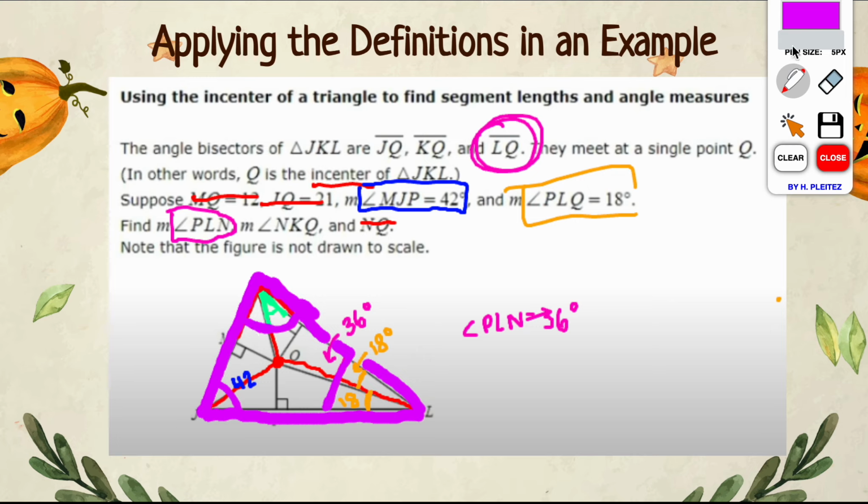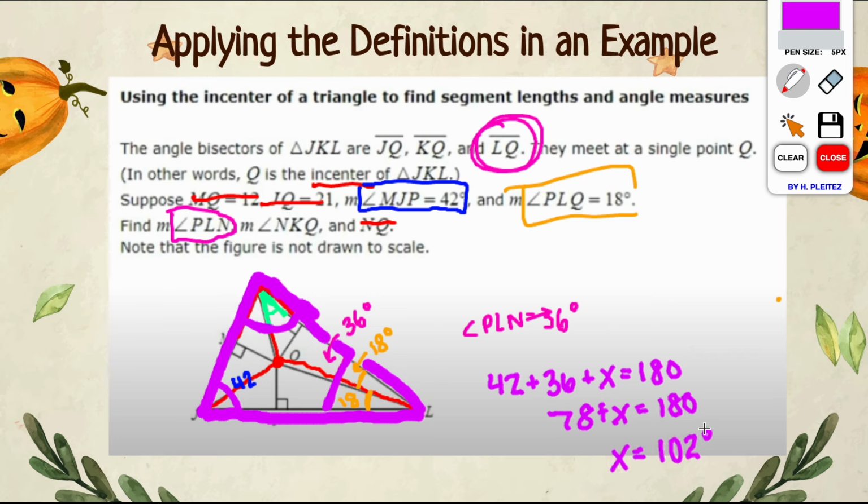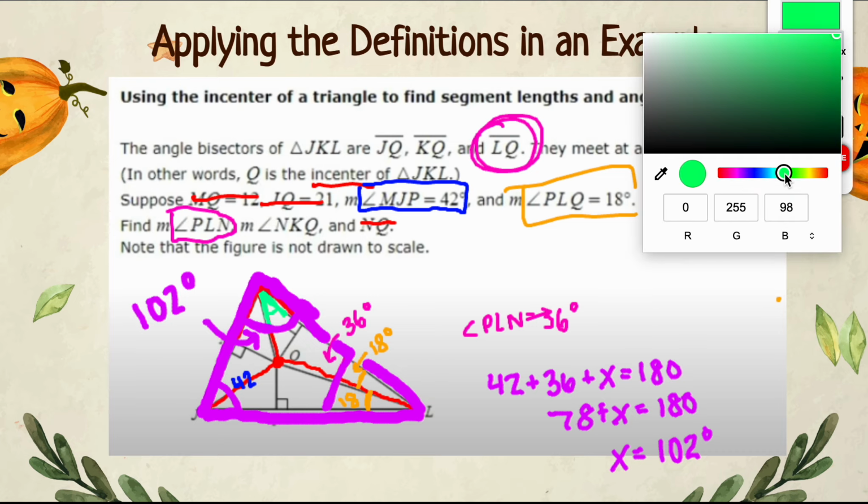So let's do that. We can set up an equation: 42 plus 36 plus x equals 180. If we combine our like terms, we get 78 plus x equals 180. And if we subtract, we get that x is equal to 102 degrees. So again, going back to what this actually means, this entire angle is 102 degrees. Now we don't want that entire angle. We just want that smaller portion